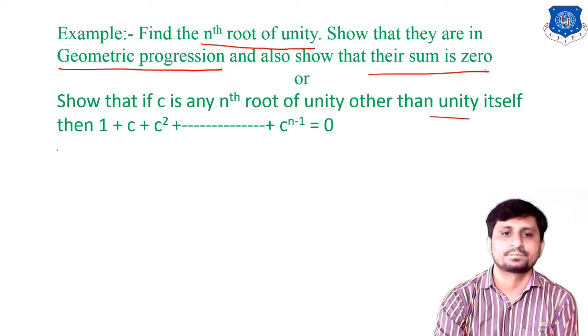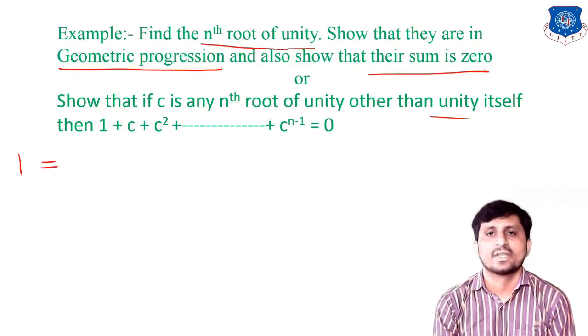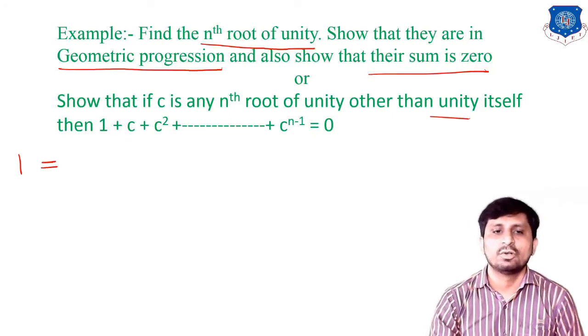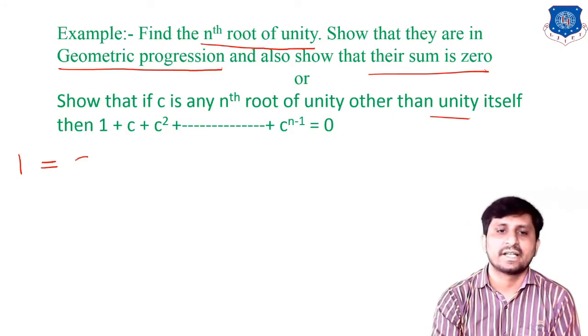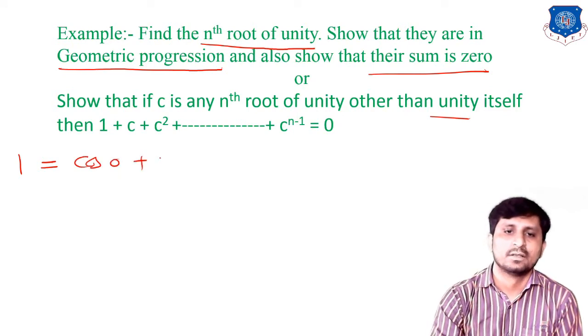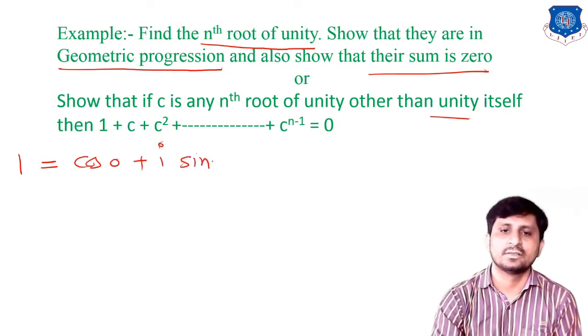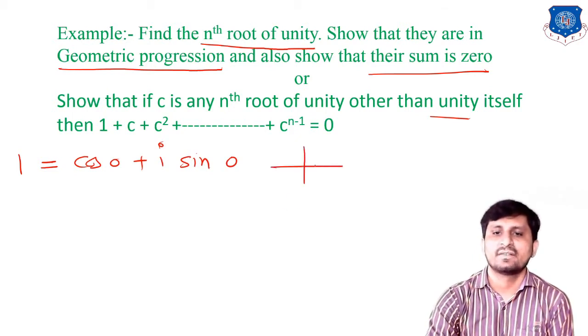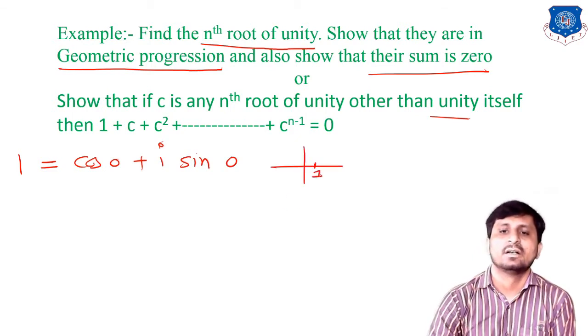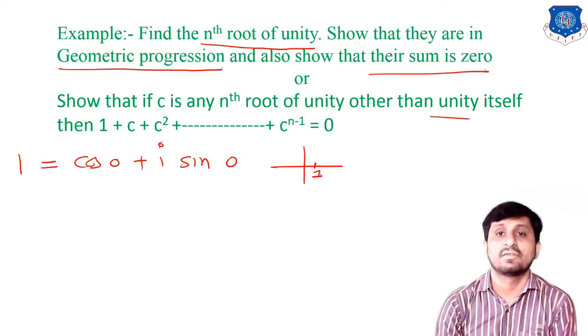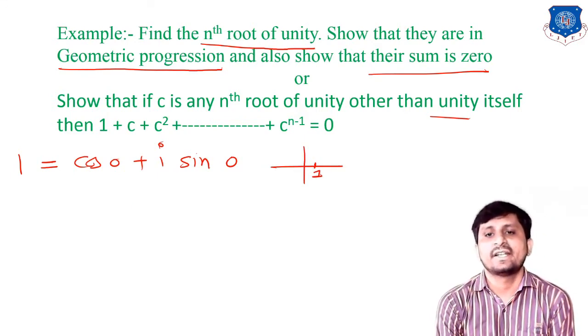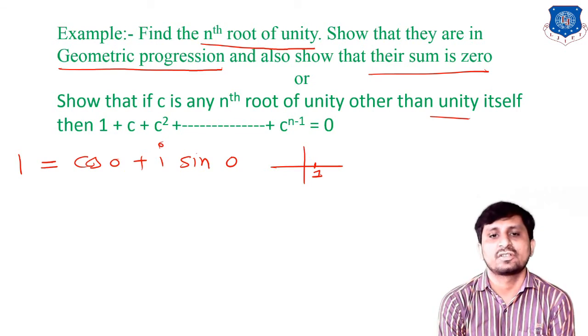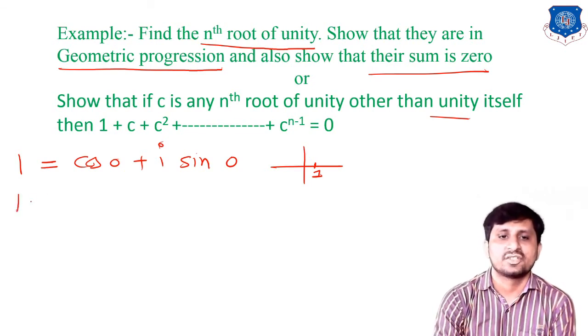So first of all, we just write 1 into our polar form. So can I write 1 as cos 0 plus I sin 0, because 1 is a positive real number. On a real line, here we have 1, and for that our principal argument theta is 0. So I write cos 0 plus I sin 0, then just add 2k pi. Okay, follow our standard method.